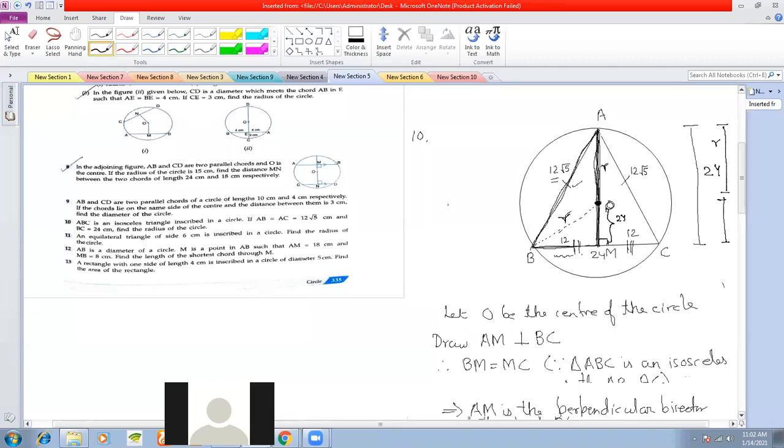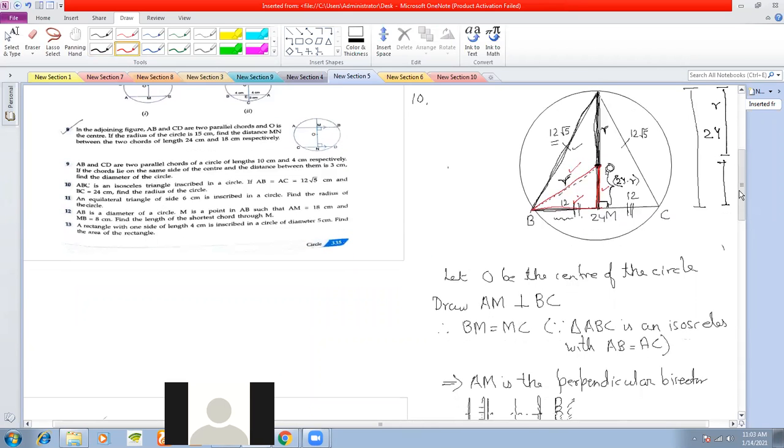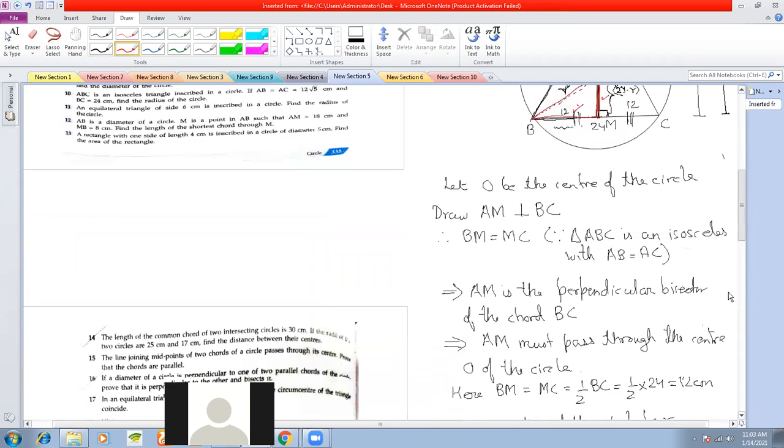Length is 24 minus R, right? Now you consider this right angle triangle. In this right angle triangle, this is your hypotenuse, this is your base, and this is your perpendicular. So from Pythagoras theorem, now we write in triangle OMB,